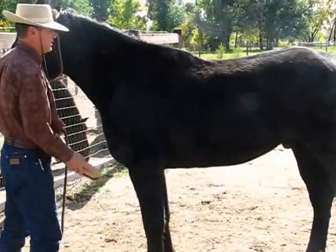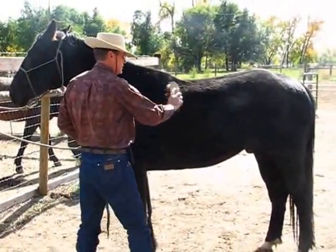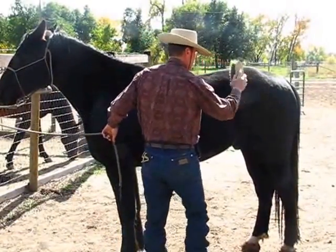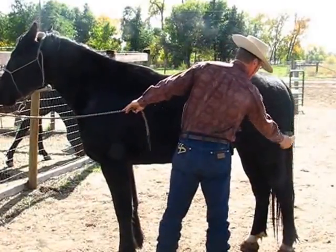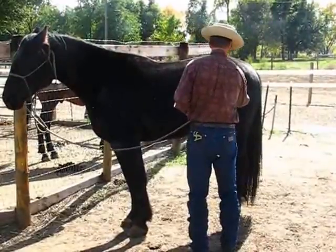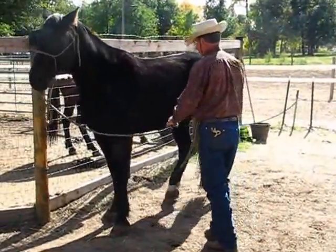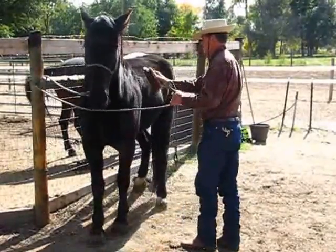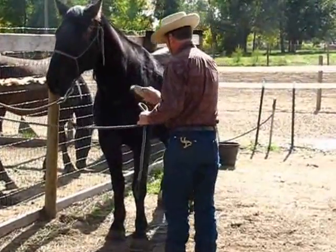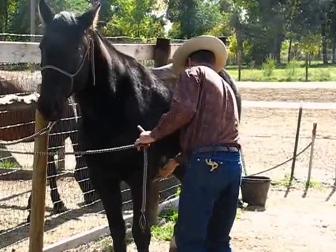We've been making progress just being able to get further and further back on his body. You get near his rear end and he wants to go forward, he wants to avoid. But now, see, this is further than we've been able to get on a regular basis. I just want to get him to where he's so comfortable with the brushing. And if he pulls back, I'll put a little pressure, but we'll give with him. I want to get him under his belly here